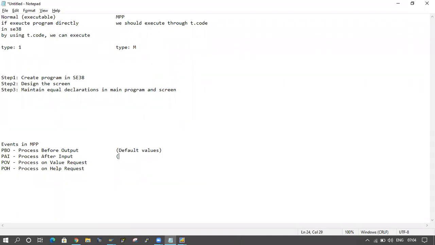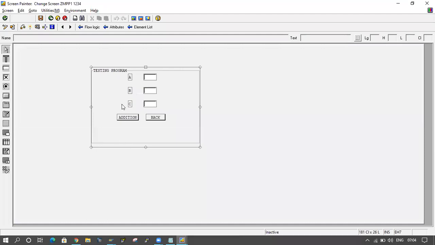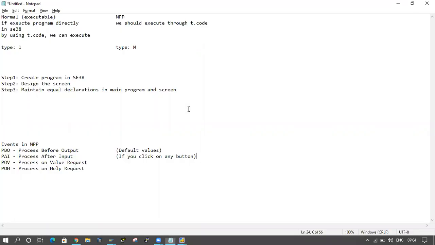If you click any button, then it will trigger, whether addition, back button, or enter button. Or you are clicking any keyboard key or any menu button, whatever it is. At that time the PAI event will trigger.